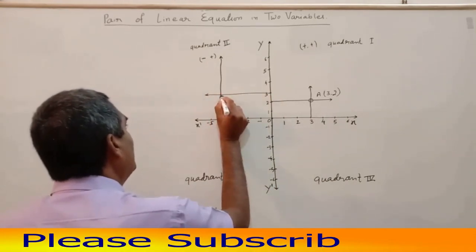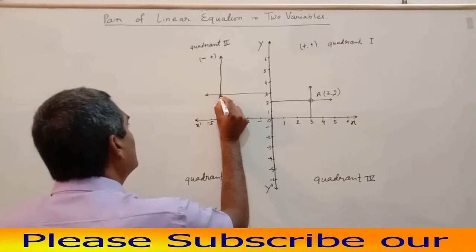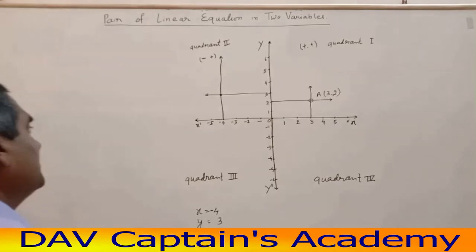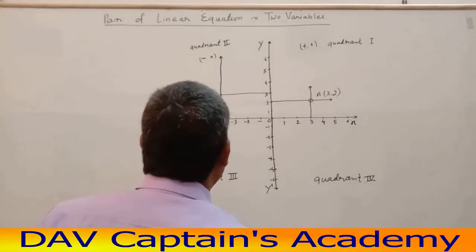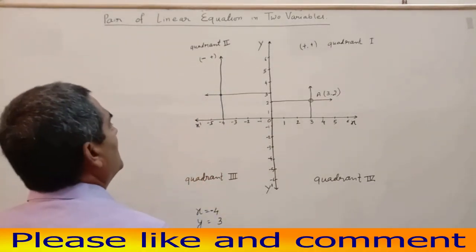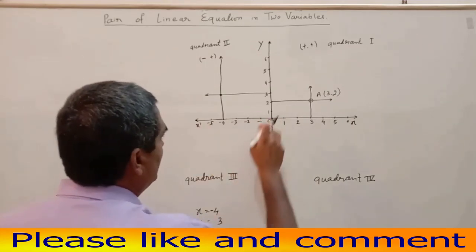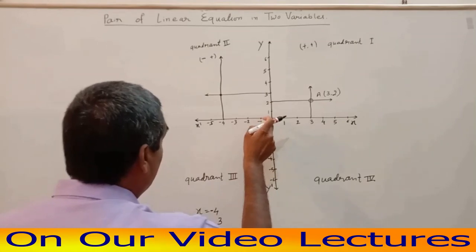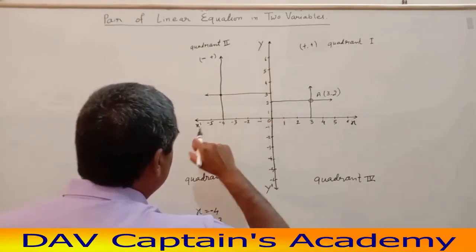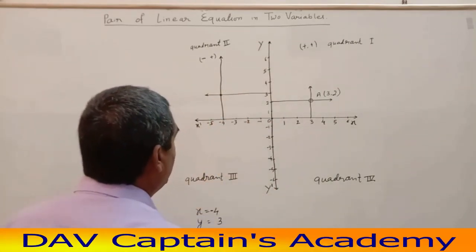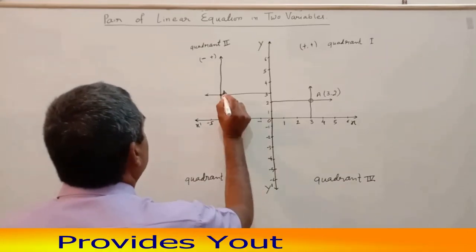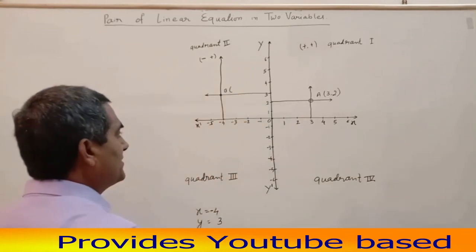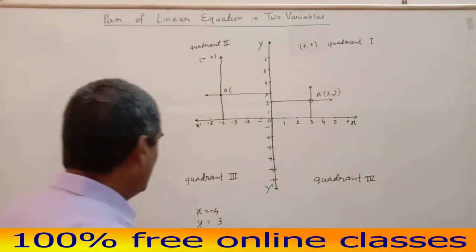As we know, when two lines intersect each other at a point, this point is called a coordinate. So as this one is the x-axis and this one is the y-axis, when the x-axis and y-axis intersect each other, we get a coordinate. Suppose that this coordinate point is B. This is B.